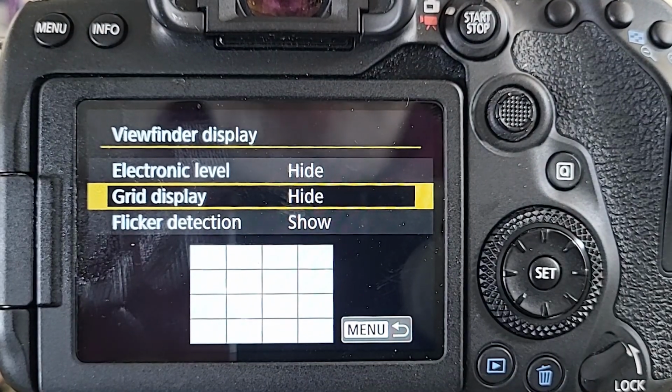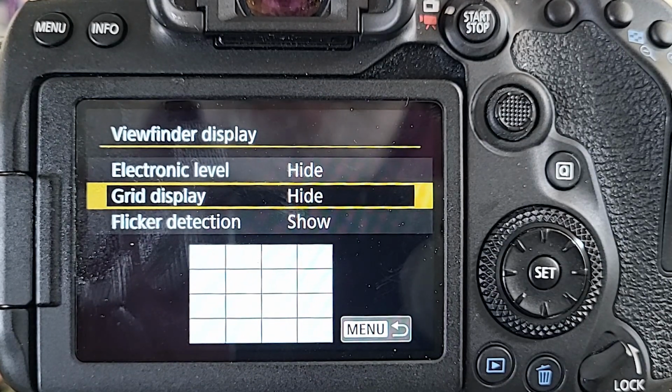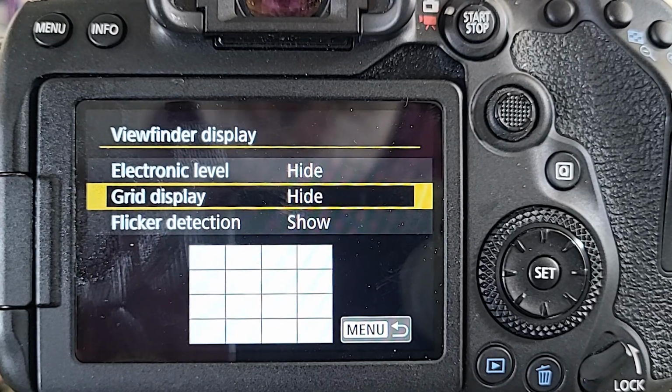I don't know how many other cameras do that. You'll have to look at your own menu system and maybe look at the manual or go online and find a description on how you can do that. But the rule of thirds